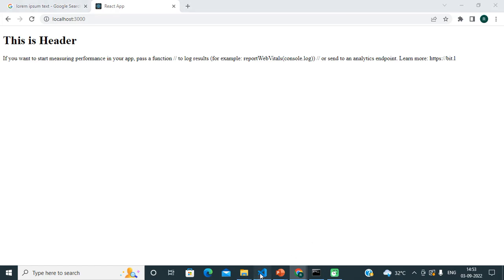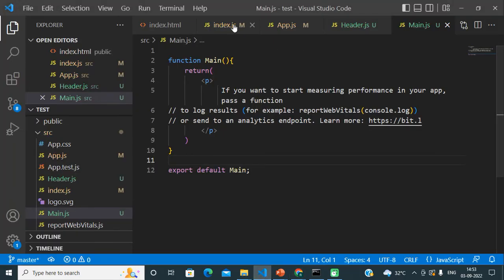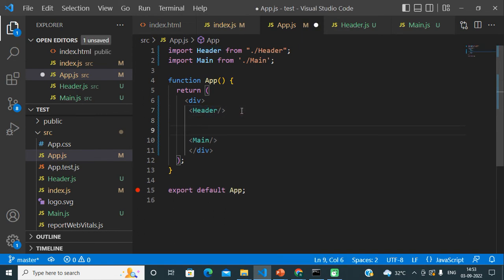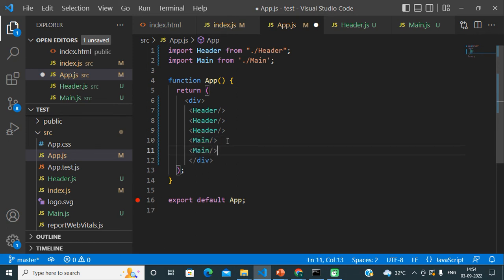Okay friends, one more thing: we can call any component multiple times as well. So let's say I am calling this component 3 times, and I can call this component 2 times.